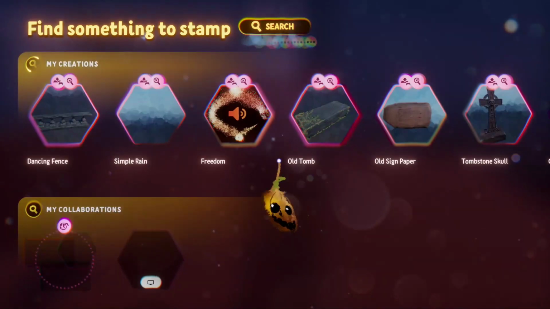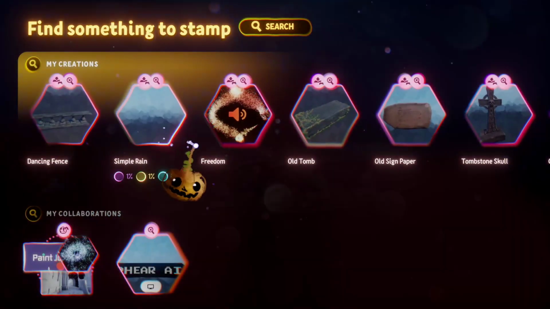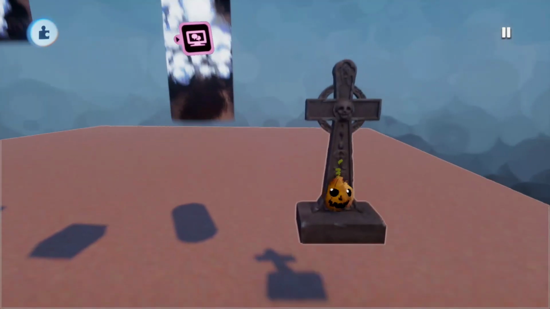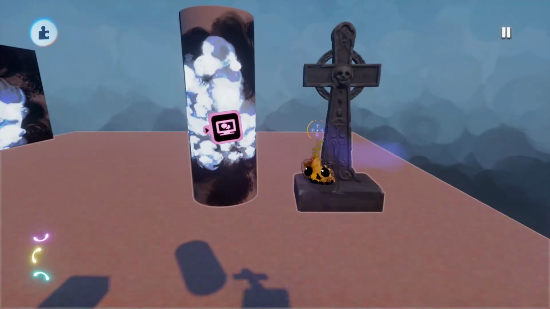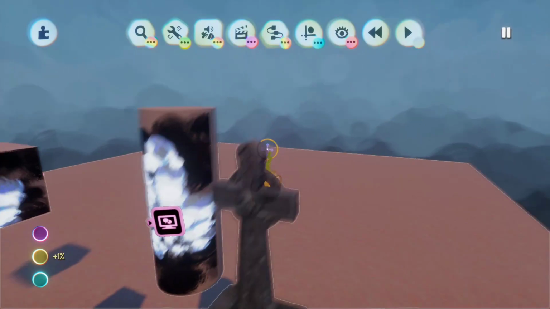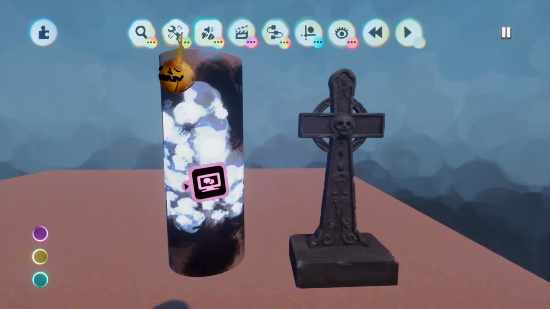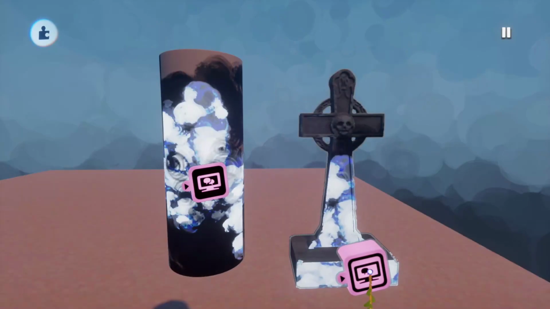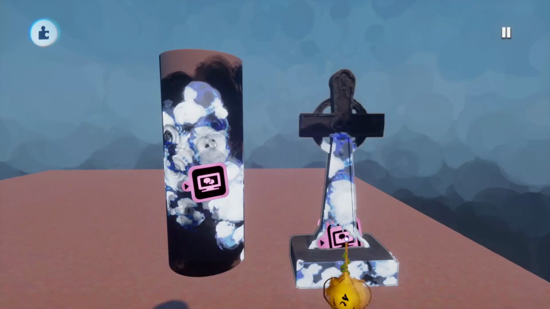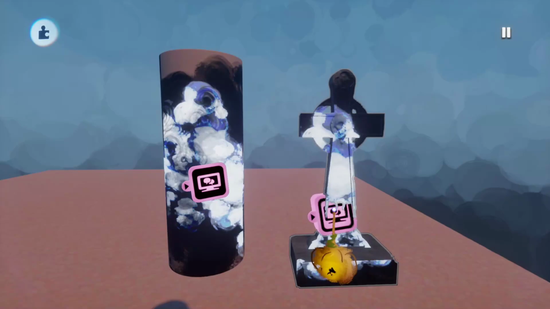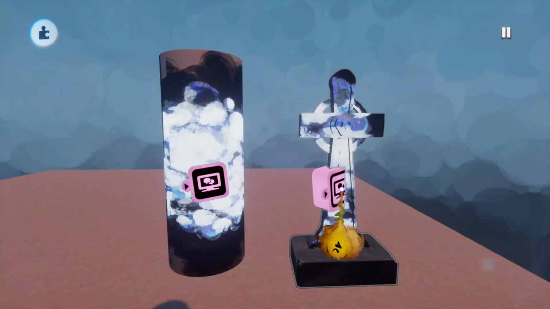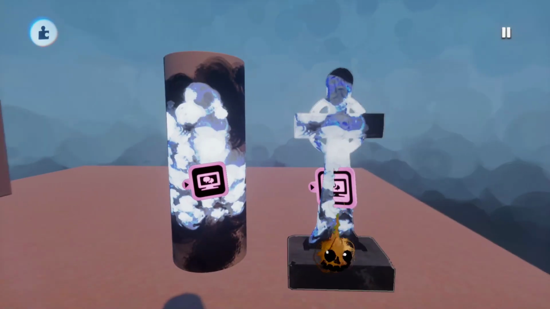So for example, if you have something made in Dreams, let's say I have here a tombstone, right? Because it's Halloween almost, it's Spooktober. And so if you have a text gadget and you want to have that on this object, as you can see, it reflects on that sculpt, right? Now there is one little thing